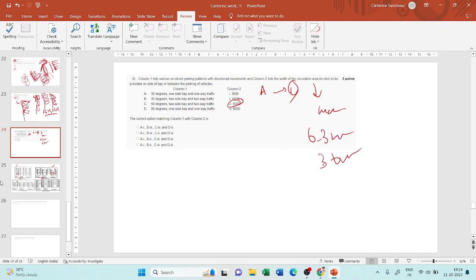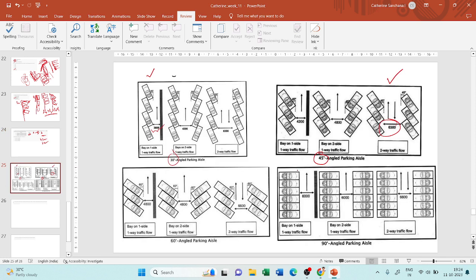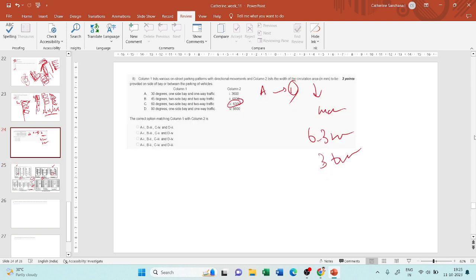Okay. Now moving on to the next case, 60 degrees parking, two side, two-way traffic, two side bay, two-way. So it is this case, right? Two-way, two-bay. So it is 6600 mm. Okay. So A is 1, B is 3, C is 4,